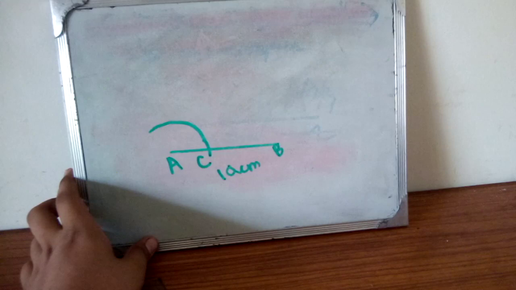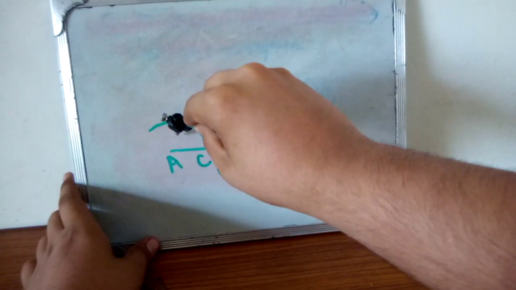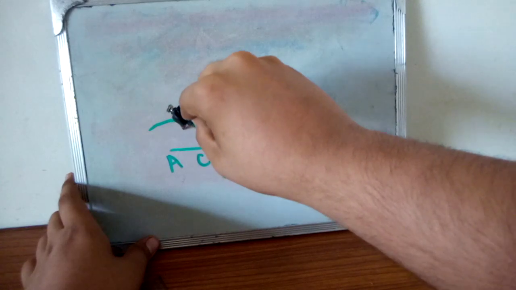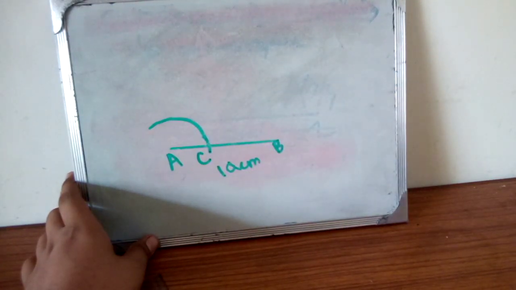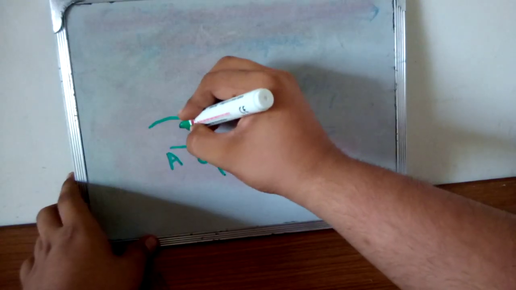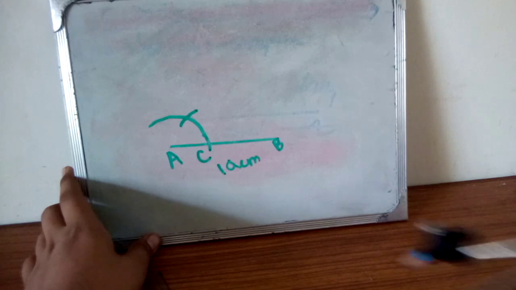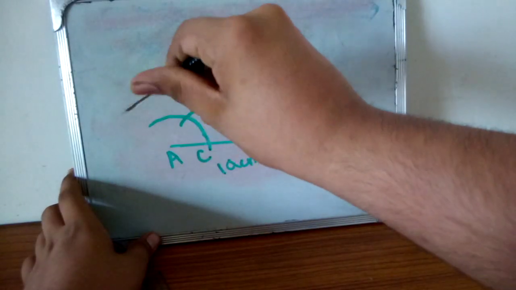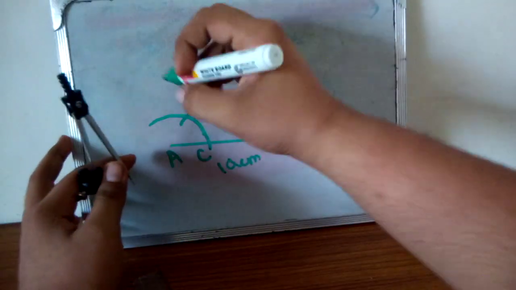Then keep the compass tip at point C and make an arc to intersect the previously drawn arc. And then again make an arc from the previously drawn arc. Take the point as this point, which is D,